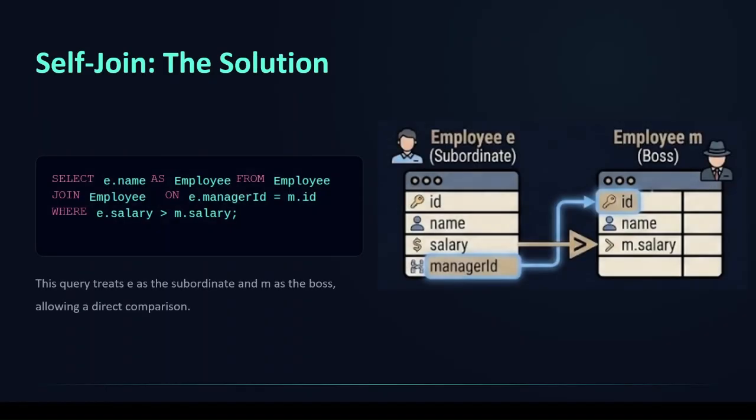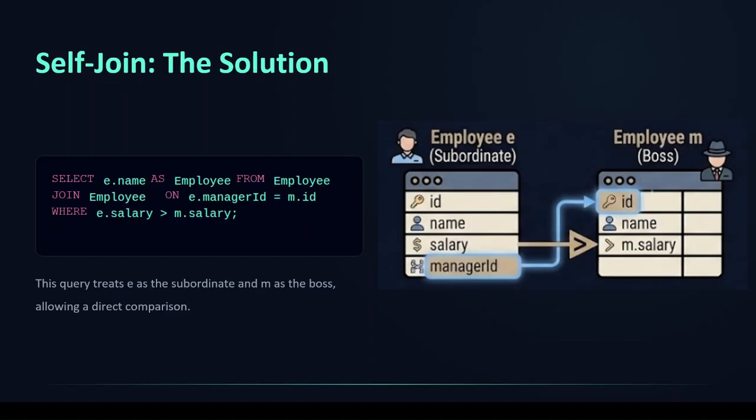Here is the exact code for the self-join method. Let's read it together. SELECT E.name AS Employee FROM Employee E JOIN Employee M ON E.managerId = M.id WHERE E.salary > M.salary. This might look a little confusing for beginners, but when this query runs, the SQL query builds a virtual